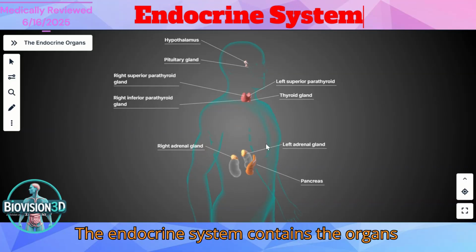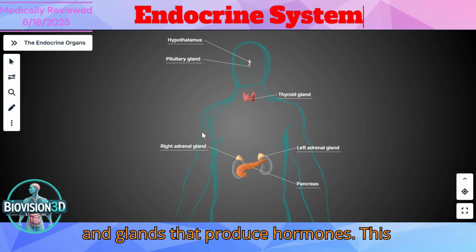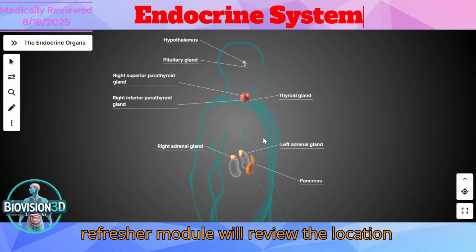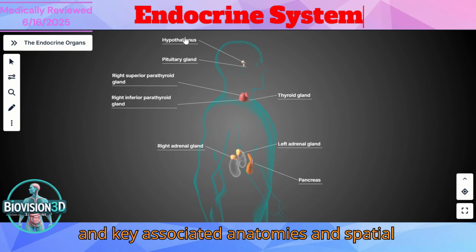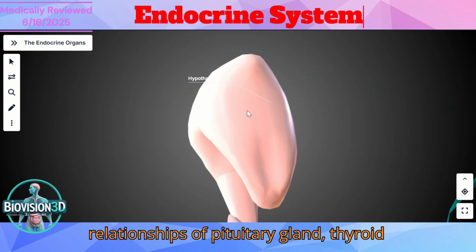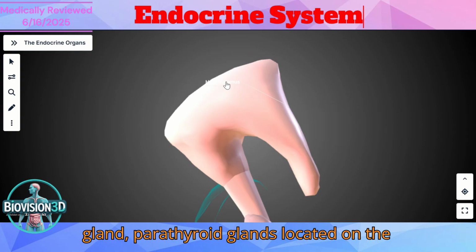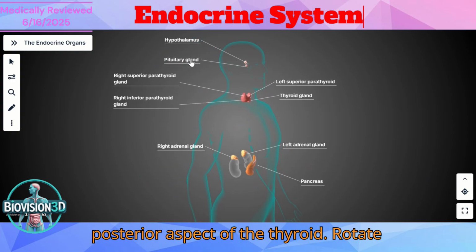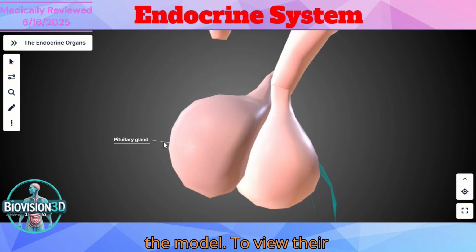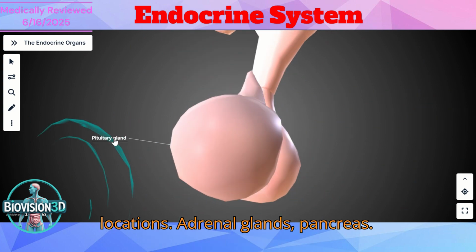The endocrine system contains the organs and glands that produce hormones. This refresher module will review the location and key associated anatomies and spatial relationships of the pituitary gland, thyroid gland, parathyroid glands, located on the posterior aspect of the thyroid. Rotate the model to view their locations. Adrenal glands, pancreas,